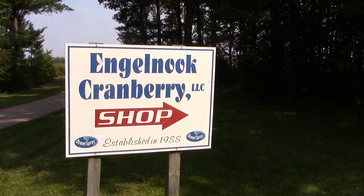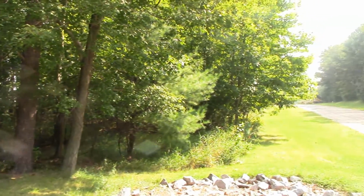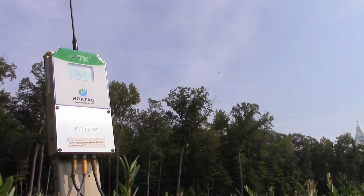This is Brad Tork with Engelnook Cranberry here in Wisconsin Rapids. We've got 33 acres of cranberries. About half of it is GH1s and the other half is Stevens right now. And we've been using the Hortau system for, I believe, about 5 years now, and it's been a great tool